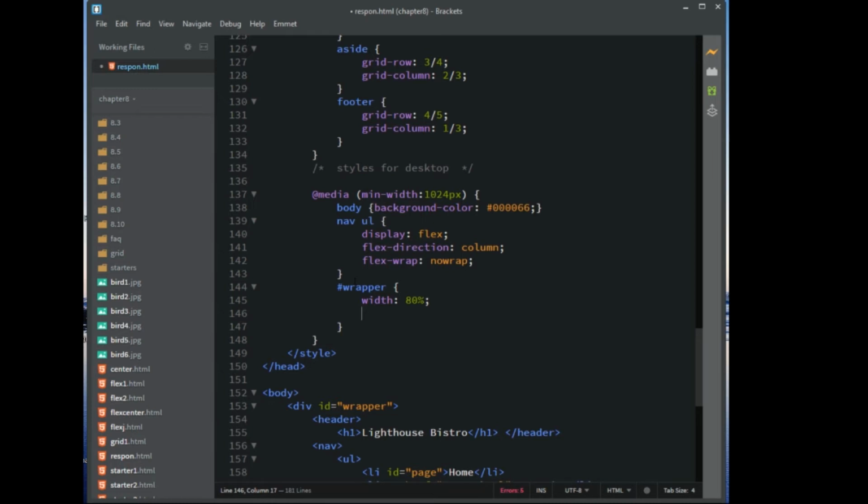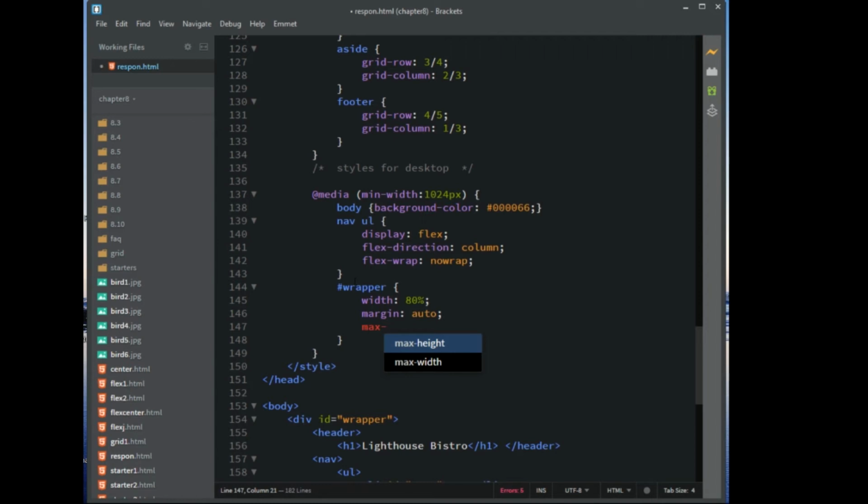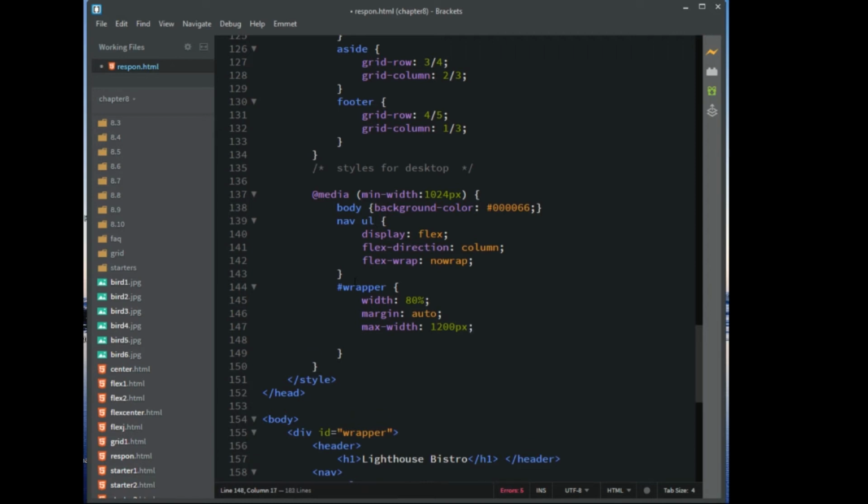We're going to have a margin of auto, and we are going to have a max width so it doesn't get bigger than a certain point, and we want the max width to be 1200 pixels, and we want to have the display of grid,